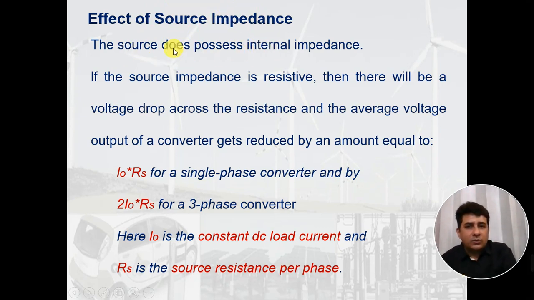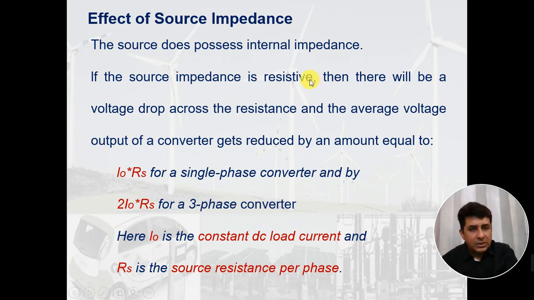So let us see what happens if the impedance is only a pure resistance, and then in the next part we'll discuss what if the impedance is purely inductive. So let us see if the source impedance is resistive, then what will happen. Resistance, what does it do? Resistance has an effect on the magnitude of the current. So if the resistance is present in the source, then it is going to reduce the voltage by introducing a